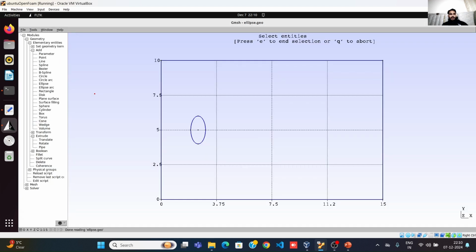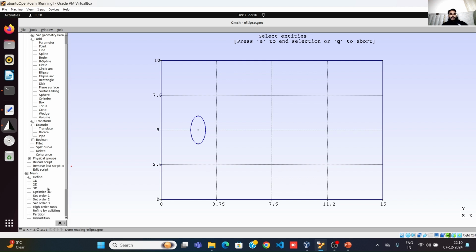We can load our script from the reload script option. From this we have reloaded. And then after this we have to make the mesh. This is the geometry part. For the mesh part we have to go in the mesh. First is the 1D, then 2D, and then 3D mesh. 3D mesh will be there for this,